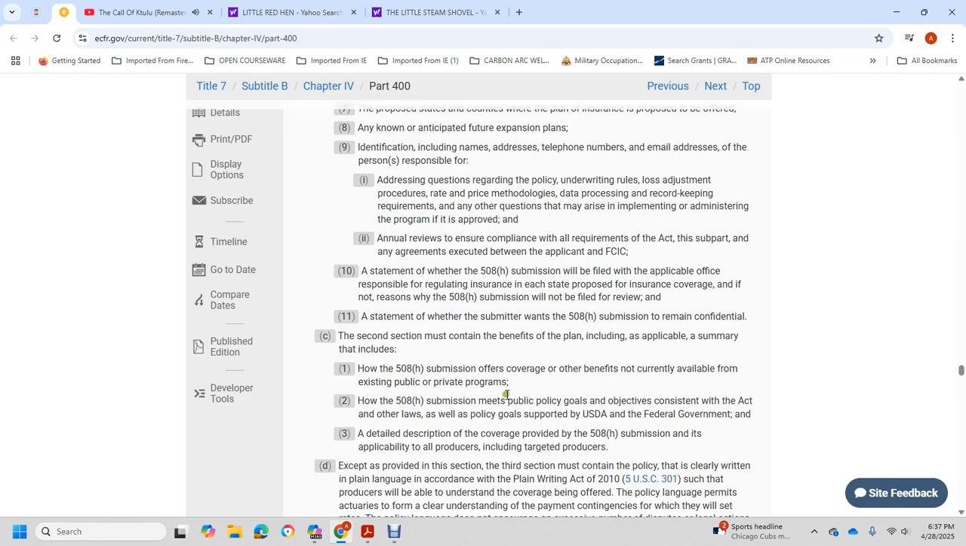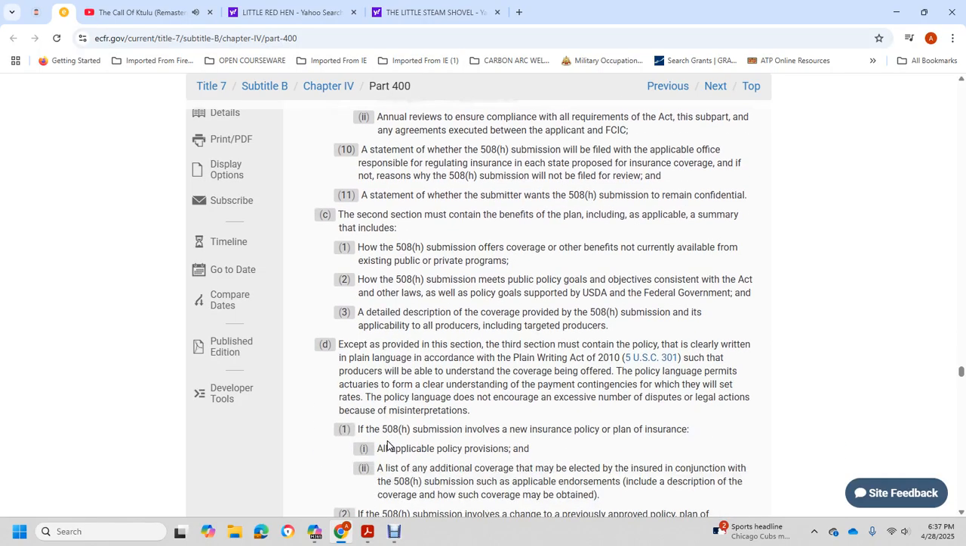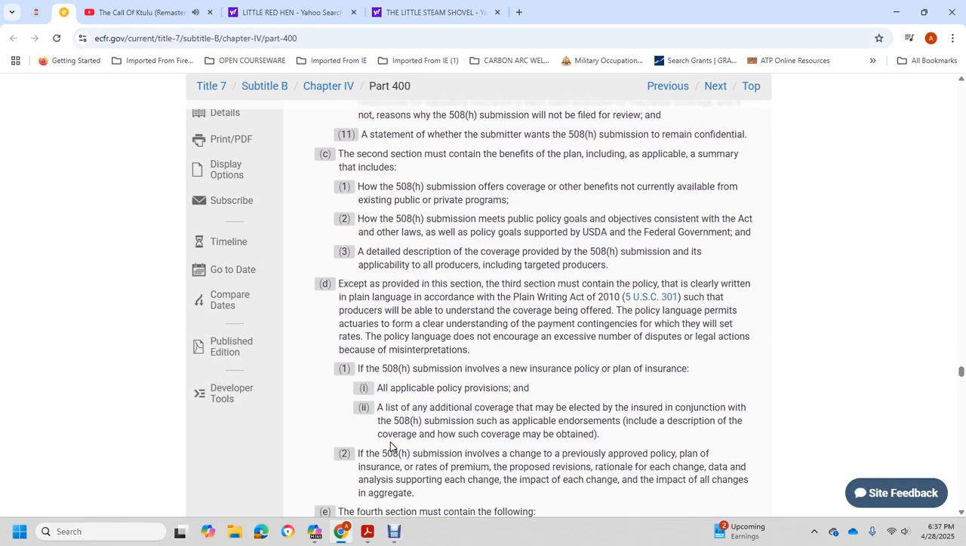The 508 submission meets the public policy goals and consistently acts in line with the policy goals supported by the USDA and the federal government, but the detailed description and coverage provided with the 508 submission is applicable to all the prices within the targeted producer. The third section must contain the policy, clearly written in plain